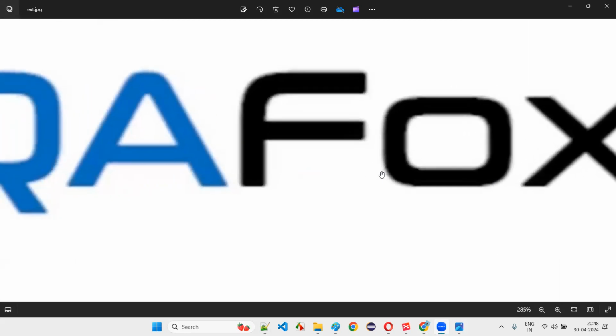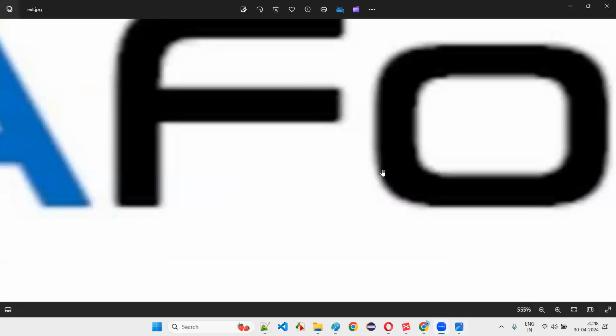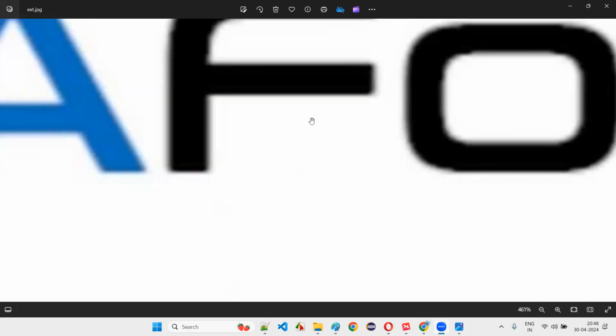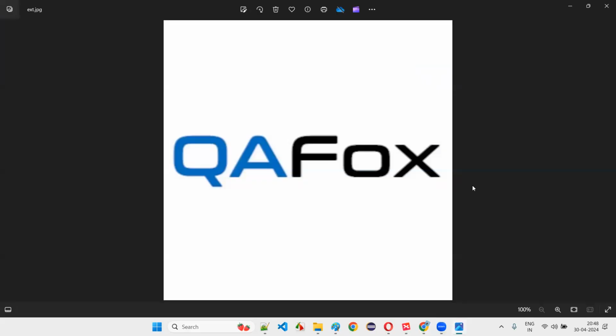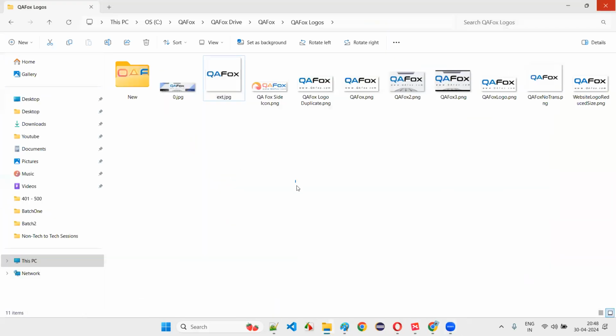If I even expand this, normally it is blurry. If I expand this, you see it's still breaking. And when I go to the lowest level, everything is a dot, guys. Everything in this particular image is nothing but a dot. So a collection of dots will be there. The density of the pixels in the given area matters. How many pixels are there? If more pixels are there, even if I zoom in, the picture will not break. This kind of blurriness will not come if there are more pixels in the defined area.